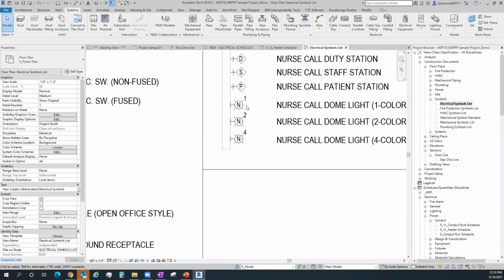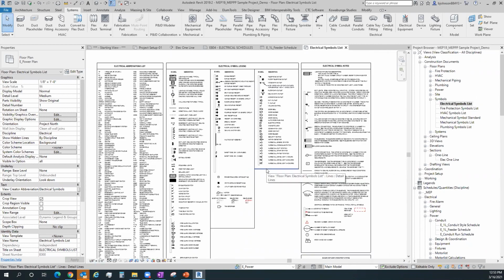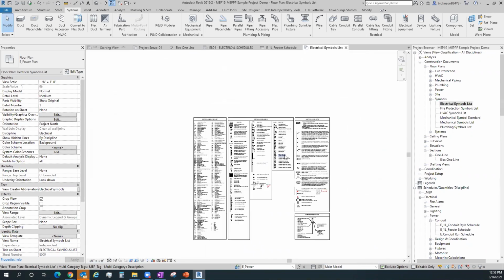And then it's going to change the symbol in the legend because it's not just an annotation family. It's been placed in a legend in a drafting view. It's actually a real floor plan in a design option. So any change that I make in my model is going to update my symbols. Any change in my symbols is going to update my model. It's all coordinated. I don't have to think about, yeah, I got to go fix blank because I changed these